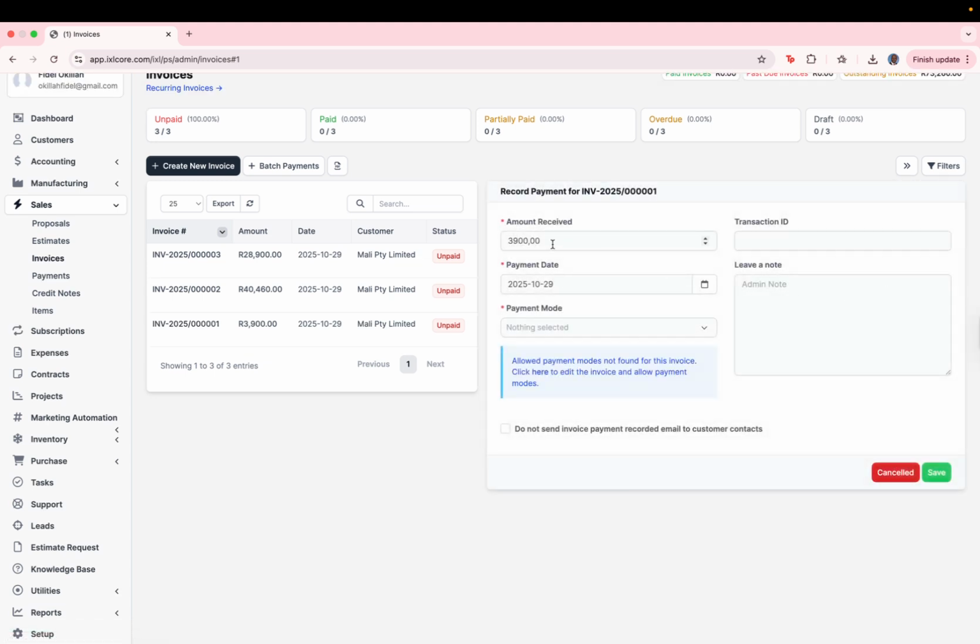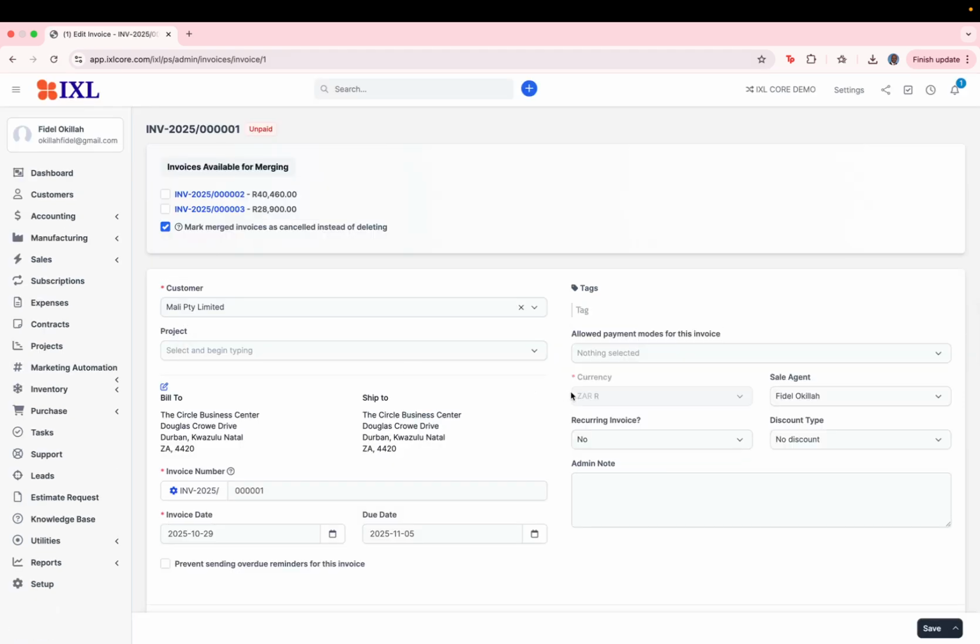When the payment was received, like I said, we can change the amount if the invoice was partially paid. The mode of how the invoice was paid could be through bank, so there are no payment modes for this invoice. Therefore, we are able to go back to the particular invoice and edit that invoice to ensure we pick a particular payment mode. At this point, we pick bank as the payment mode for that invoice, and we save